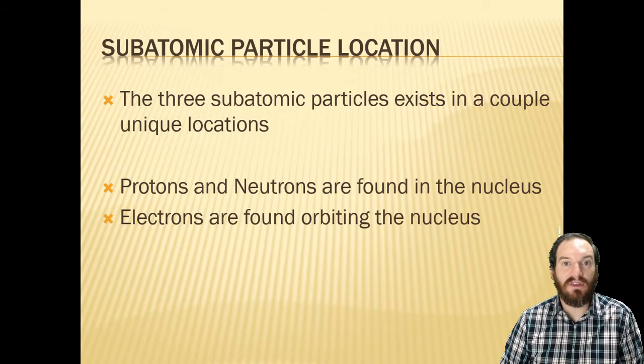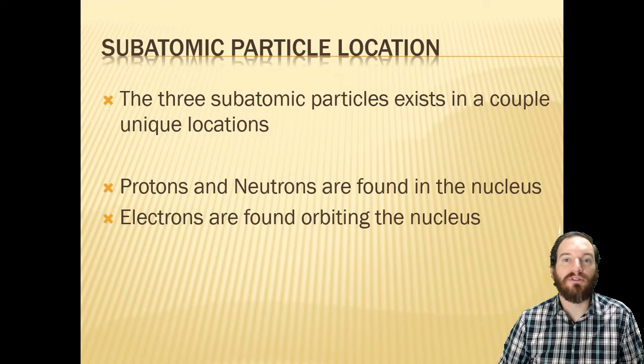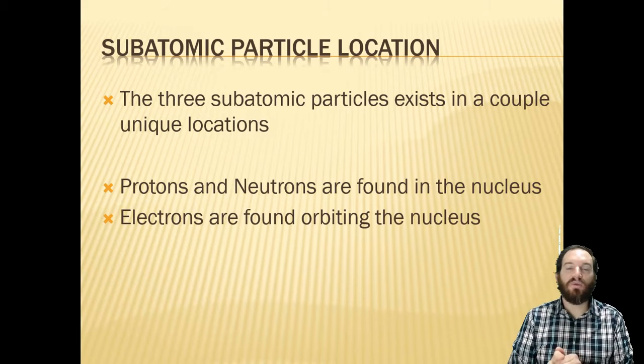And at the very center of the atom, you are going to find the protons and the neutrons of the atom. And then whipping around and orbiting the nucleus, or what we refer to as the electron cloud, or orbitals, or valence, or different electron levels and different things like that. Sometimes you hear it referred to as a valence shell. The outermost electron level is called the valence shell. But those are where you're going to find the electrons. They're buzzing around the nucleus. So you have the nucleus at the center, and then whipping around the outside is where you are going to find the electrons.